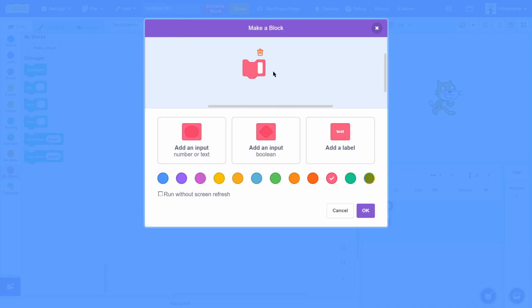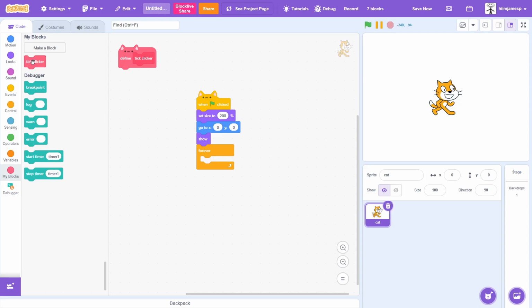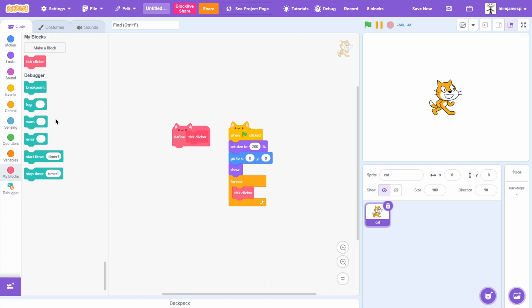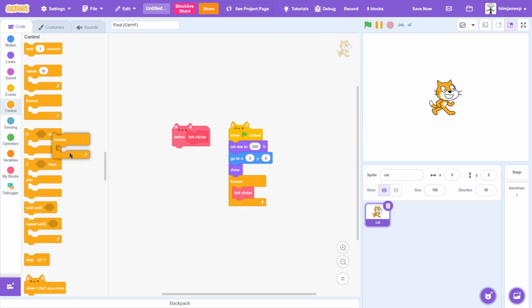Well, you don't need this, but I like to make this custom block called Tick Clicker. You can press OK and do tick forever. Do tick clicker, or whatever. So now do an if